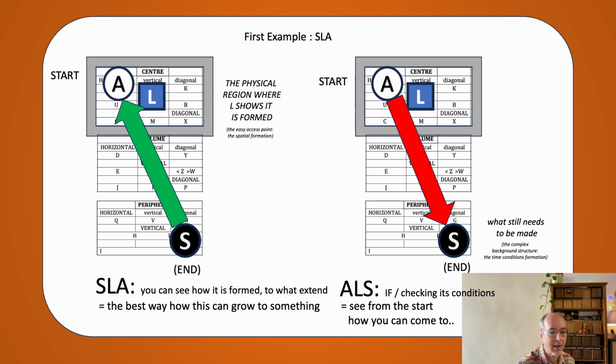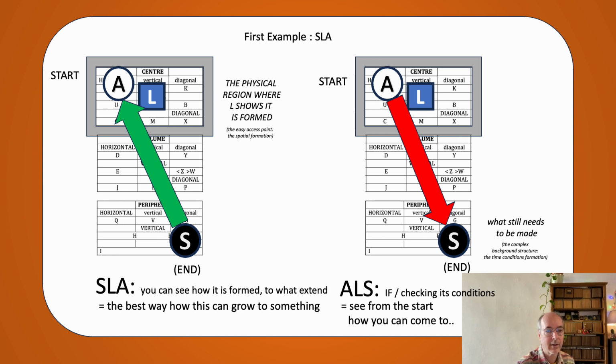So you have SLA. So you go from the end cycle, so the end position, from the large structure to the first